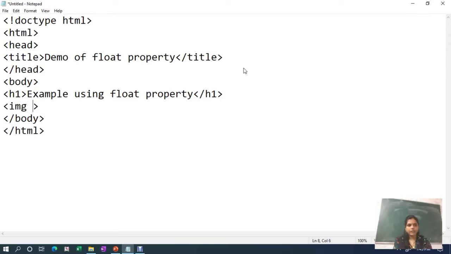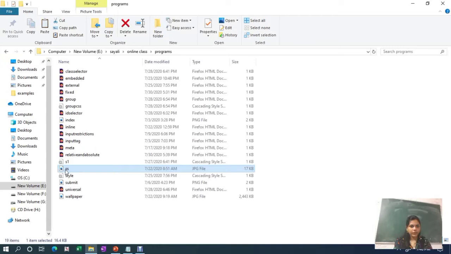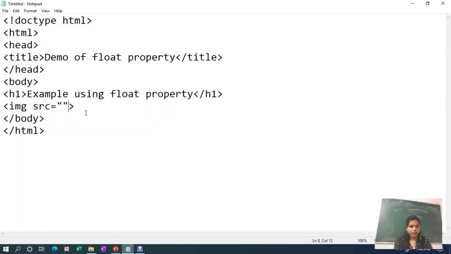We have studied it already in 11th standard. To provide the path of the image, we have to use an attribute, that is the src attribute. So src is equal to, here I have already downloaded one image, that is SS. It is of type JPG. I am providing the path of this image now.